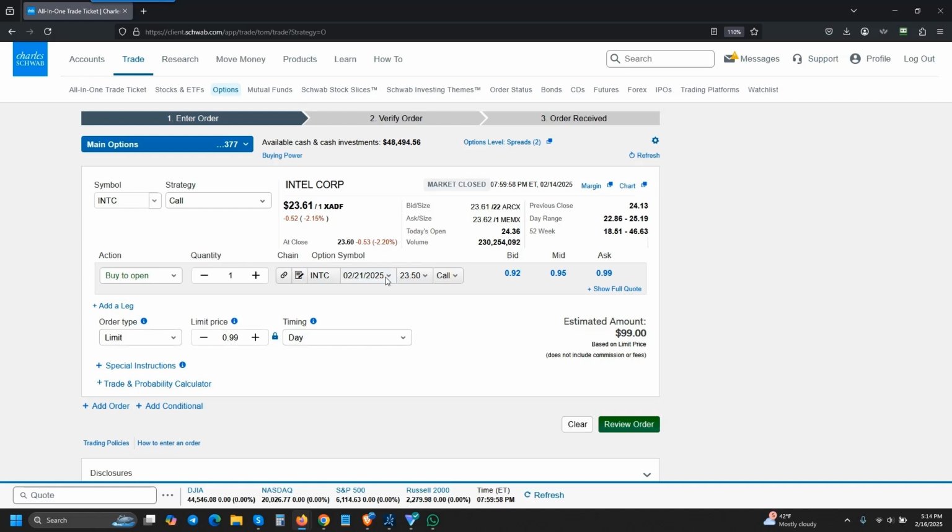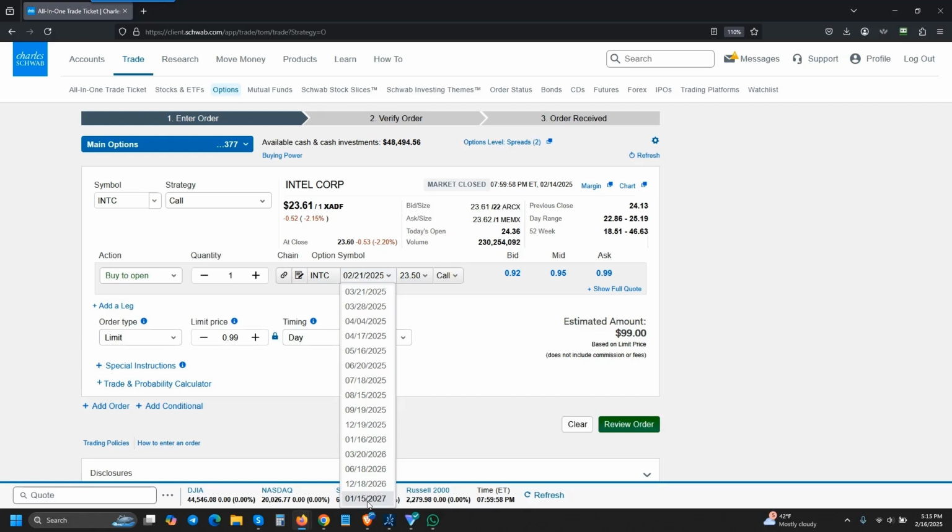The sooner the expiration, the less expensive the price is because there's not a lot of time for this to gyrate, right? But in many cases, you'll have stocks, especially high volume stocks like Intel, where you can trade these options in the near term for 1 week expirations. In this case, I could trade this where it's going to close in 5 trading days from now, next Friday, or 2 weeks from now, or 3 weeks, or 4 weeks, or 5 weeks. But I could also go all the way out